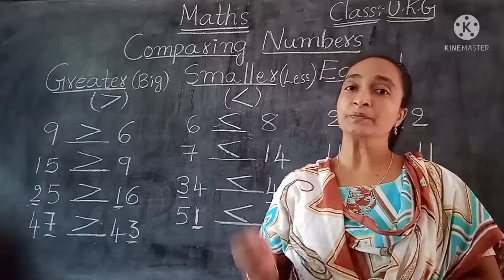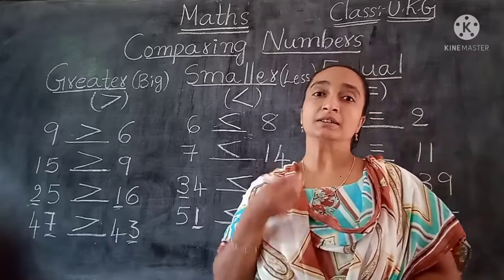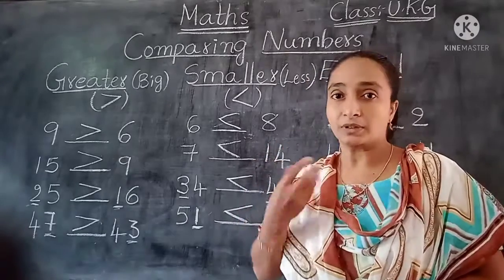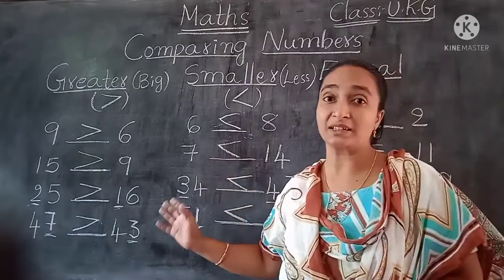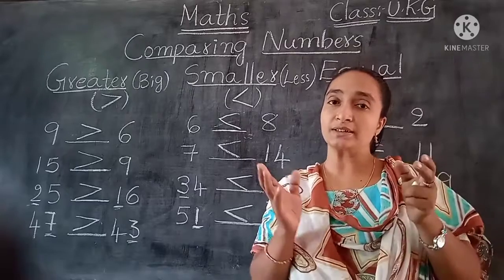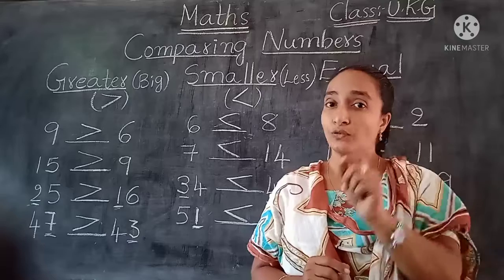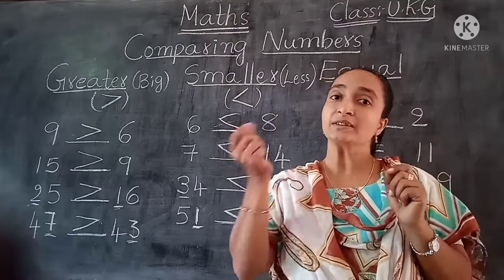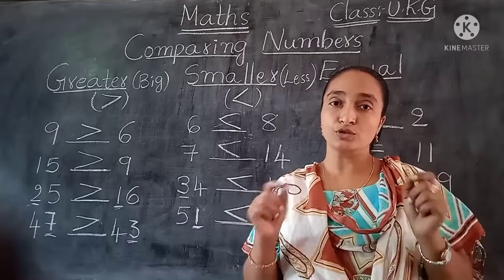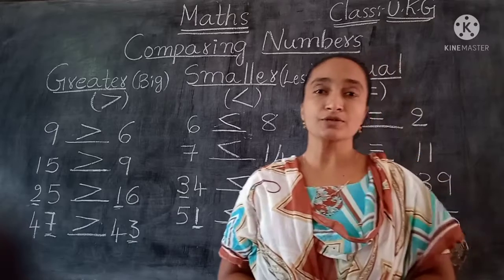So hope you understood, children. All of you can practice in your homework books. Write neatly and read loudly. You have to practice, children, many times. We have to find out slowly. We have to check whether this number is big or small, 1 digit or 2 digit. Suppose both are 2 digits. First we have to check the tens place, and then the ones place. So slowly we have to differentiate. You have to compare which is big and which is small. All of you children, hope you understood this topic.